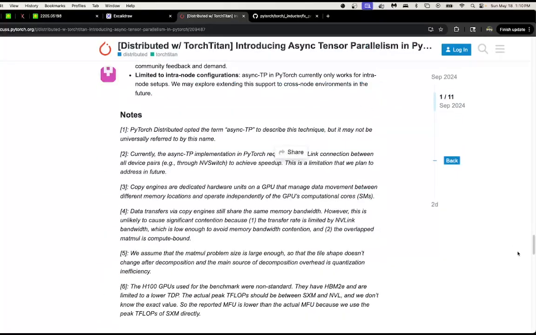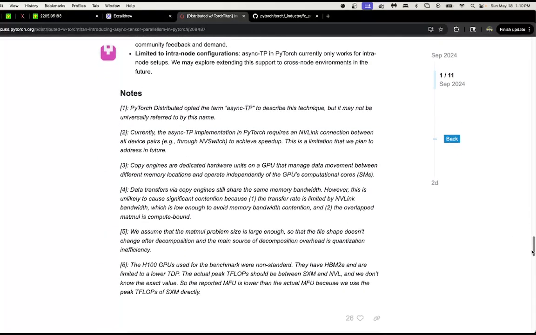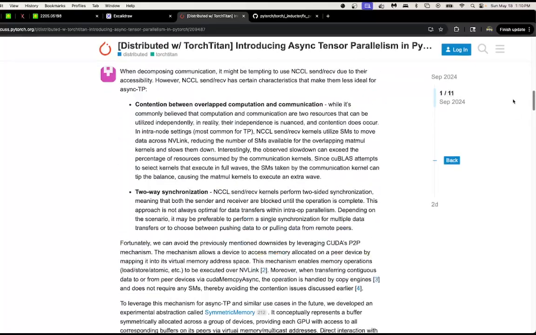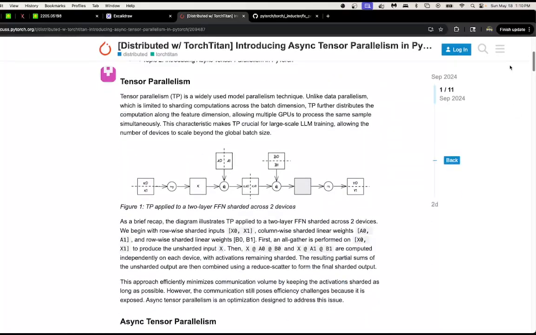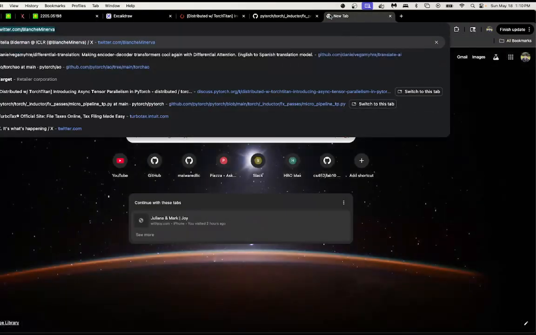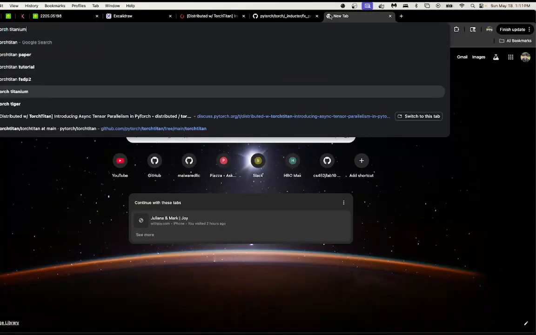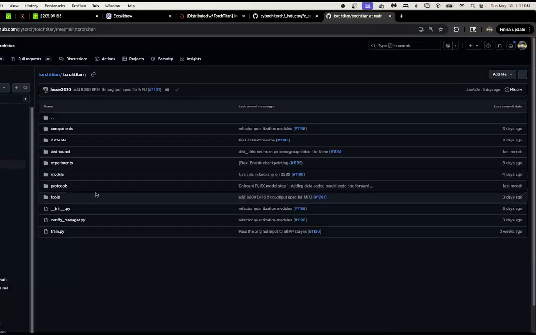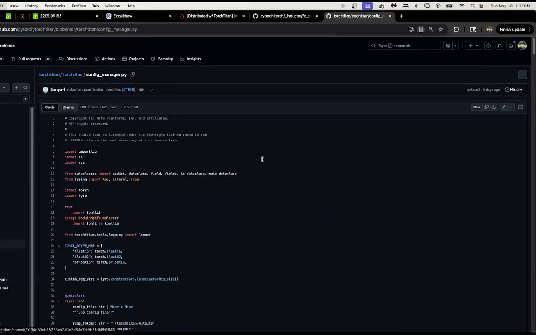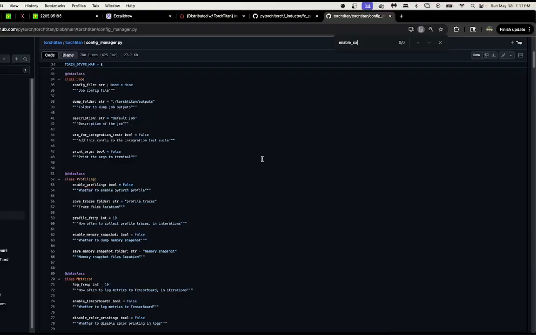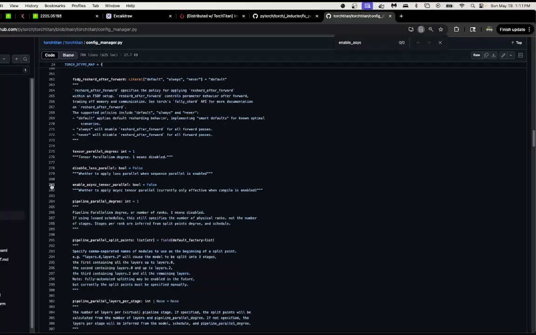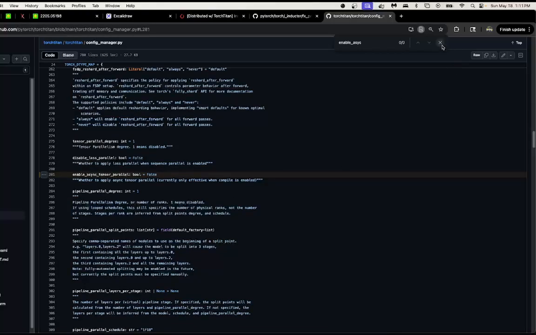I'll send this blog post in the chat in case anybody wants to try out the async TP feature in PyTorch. The easiest way to use it, if you want to test it out, is in TorchTitan. There's a nice config where you can just enable async tensor parallel, and it will work, basically. If you want to try it out, experiment with different TP group sizes, and it's also composable with